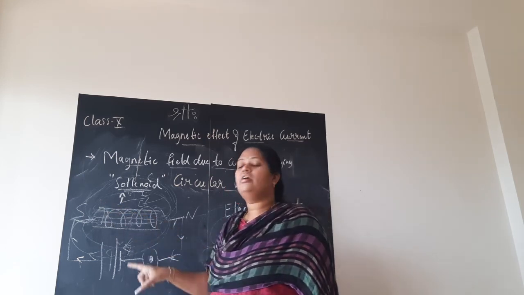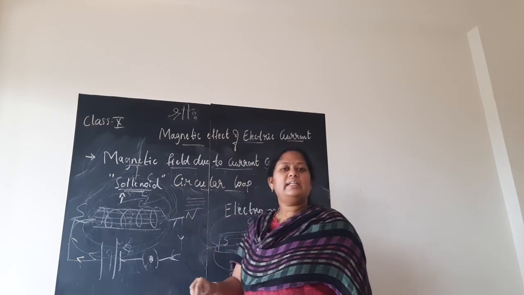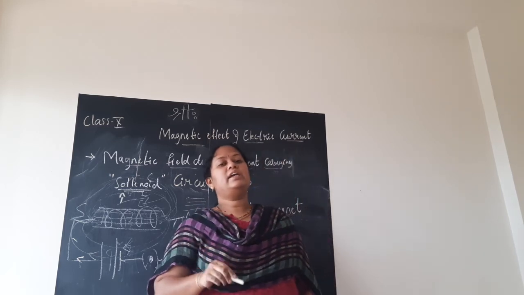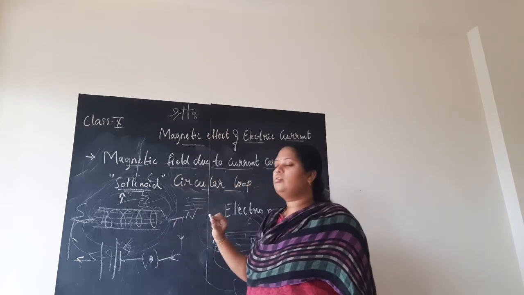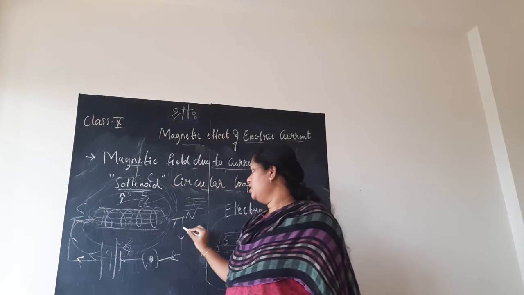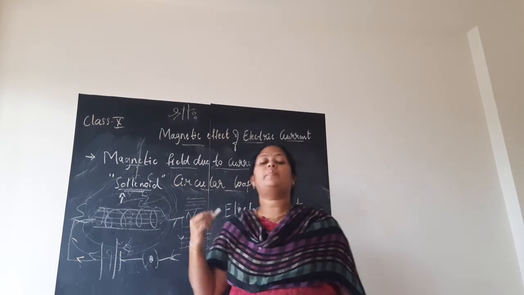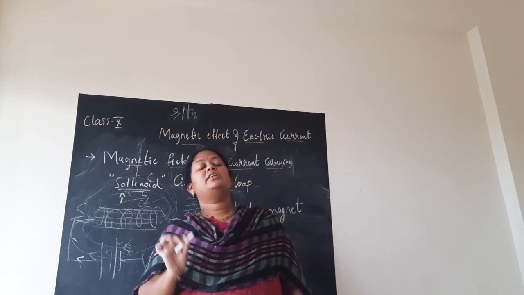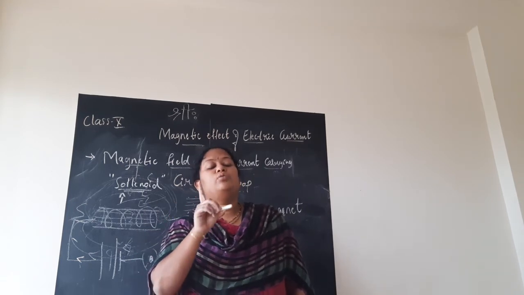The field lines which you draw inside the solenoid are parallel to each other. Inside the solenoid, the magnetic field lines are parallel to each other. If there were any variation, they would not be parallel, but no, they are straight lines which are parallel to each other. Its magnetic field strength inside the solenoid is uniform.